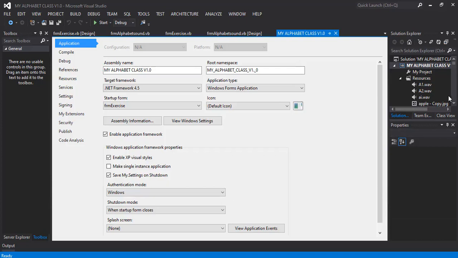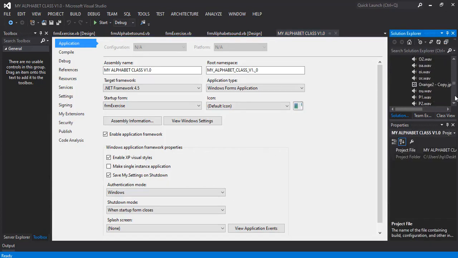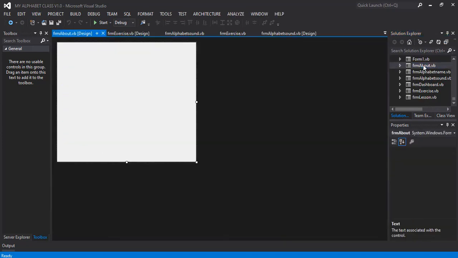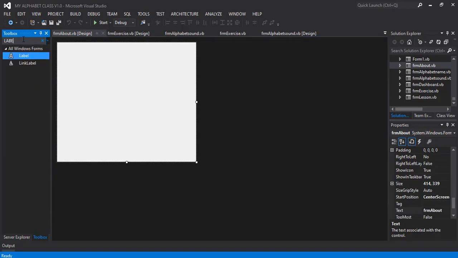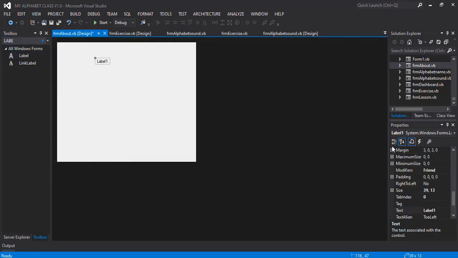But before that, let's go to the about form. You need to do some little thing there. The about form, we have not worked on that, so let's try to add some labels there. So label, okay, so let's type something here. So text,